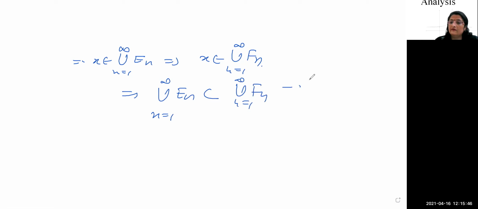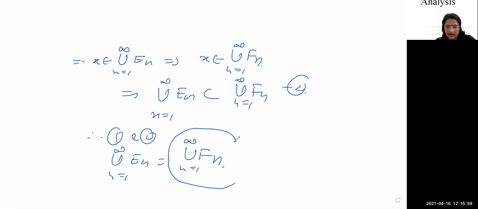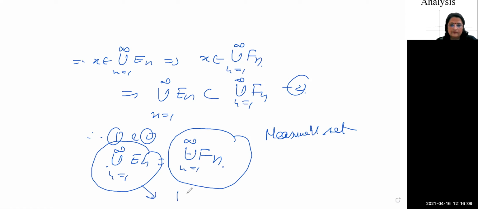So previous वाला 1 था, this is 2 है, therefore from 1 and 2 we get union n running from 1 to infinity En is equal to union n running from 1 to infinity Fn, right? और हम प्रूव कर चुके हैं, we have already proved that this is a measurable set and this union is equal to this union, it implies this is also a measurable set. I hope the point